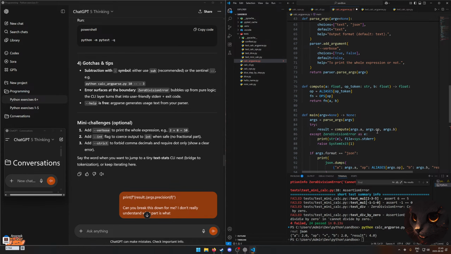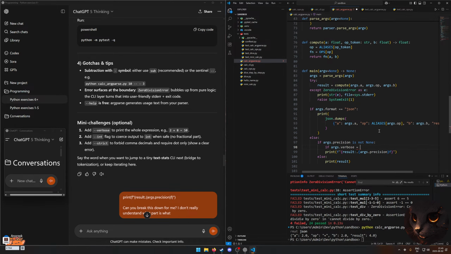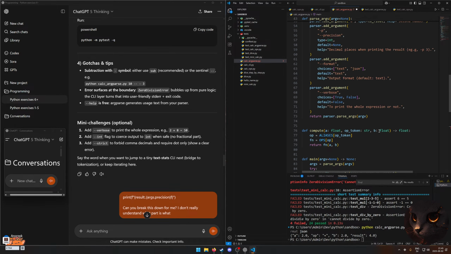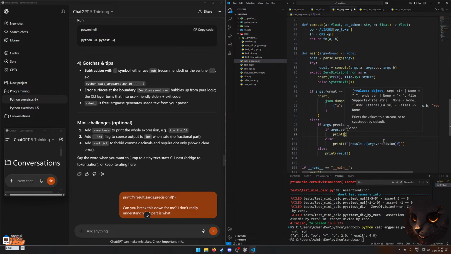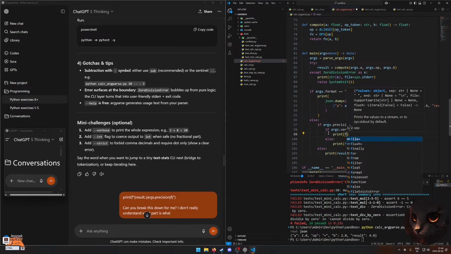But it should still work. I hope. Or I should say, if args verbose. Or else. Like this, I think, and then we have a print function here, and then we print a formatted string